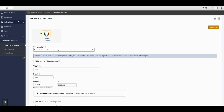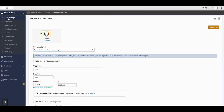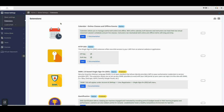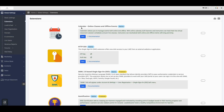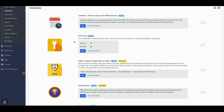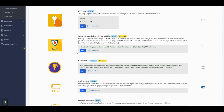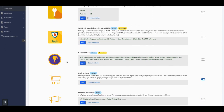So let's look at some of the extensions that they have here. They have a calendar extension for online events. They have a single sign-on, API key, so on and so forth. You can do your API key here. You have your